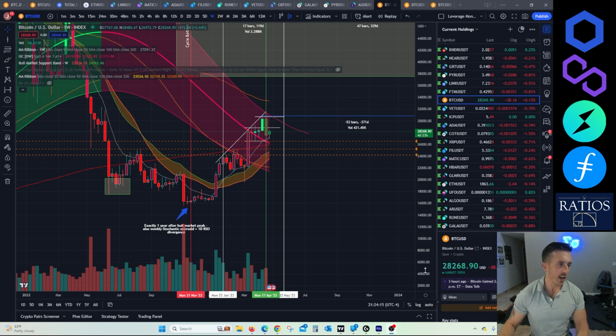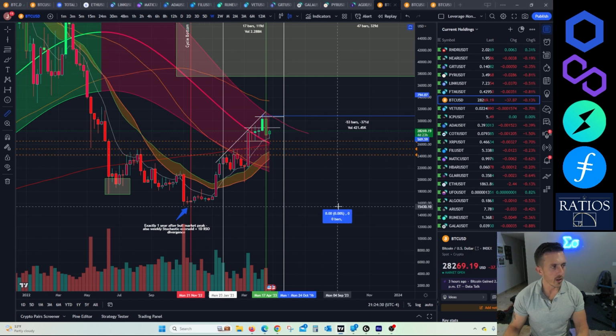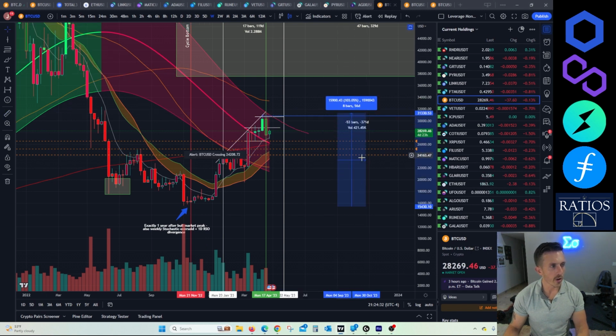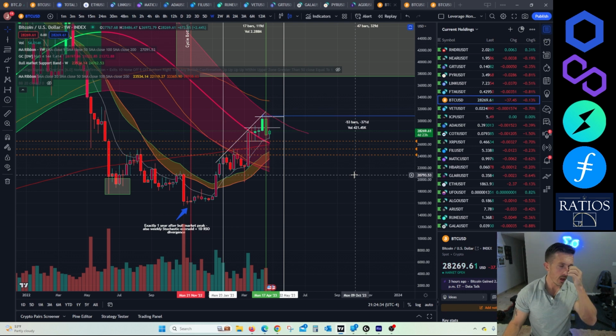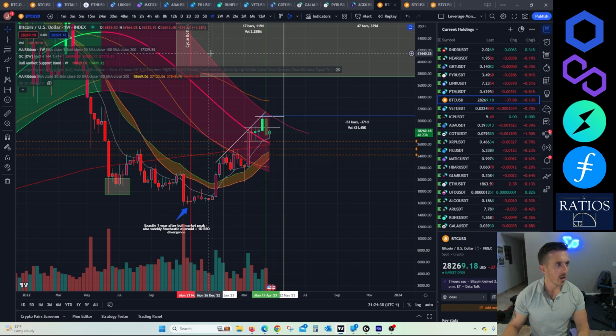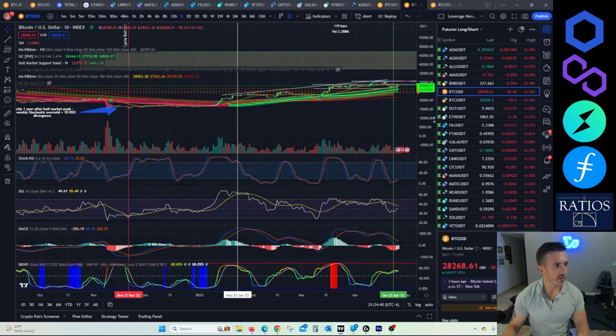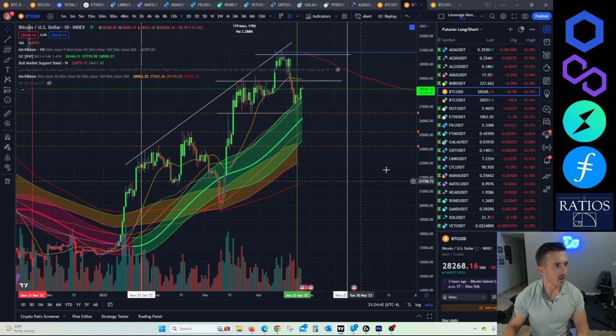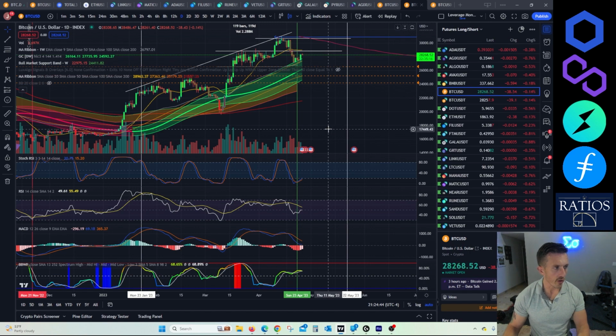So first thing I have here is current price action. Let's take a look. Bitcoin, since its low in November 2022 at 15.5, has gone on to rally 100% basically, all the way up to 31K, where it met some pretty strong resistance. And we can see that it has also run into several things here on some indicators.